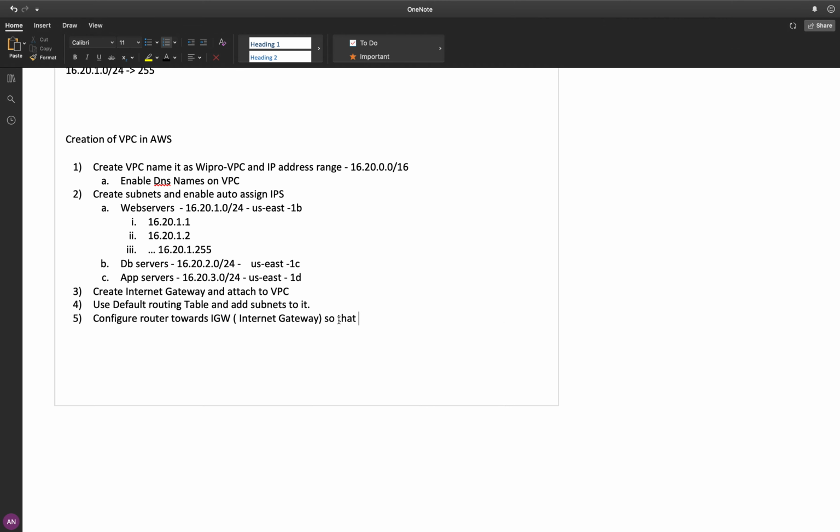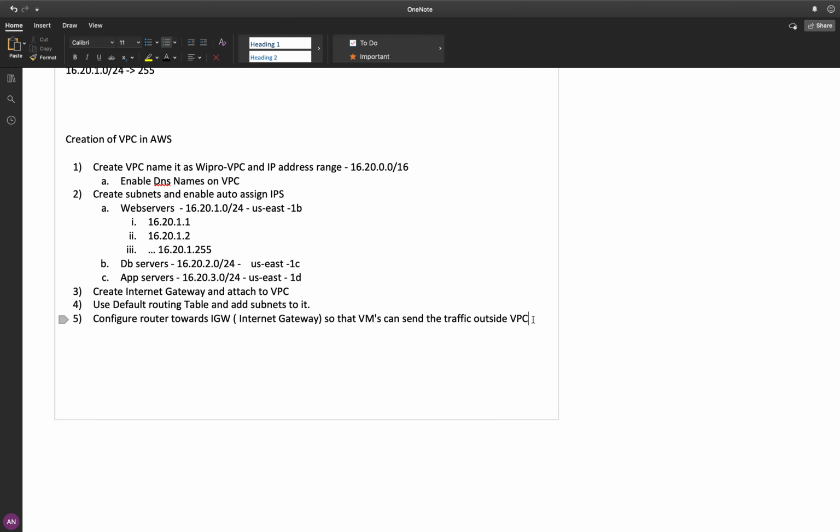Maybe you can write, so that VMs can send the traffic outside the VPC. Okay, these are all the steps of VPC creation in AWS.